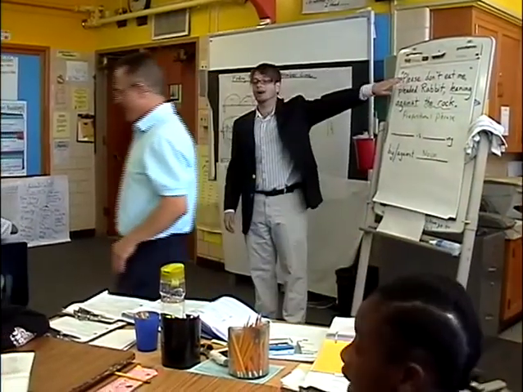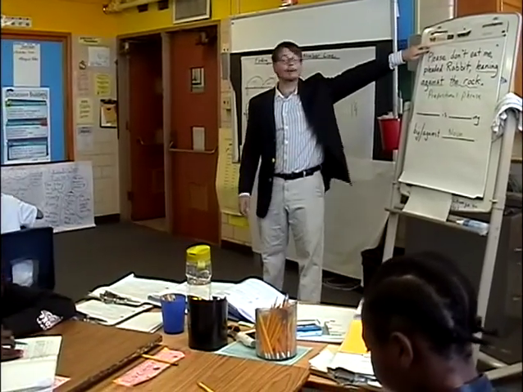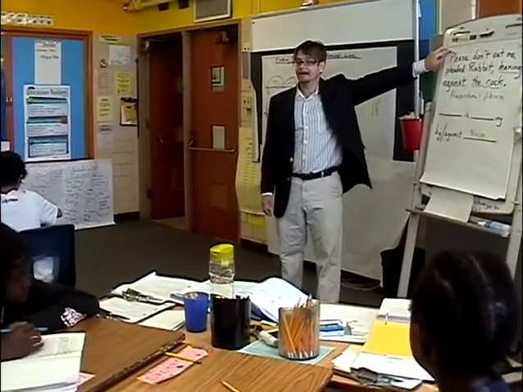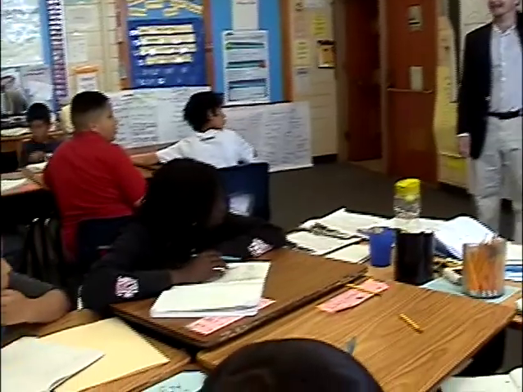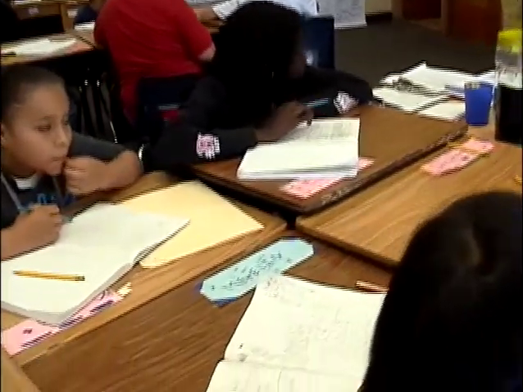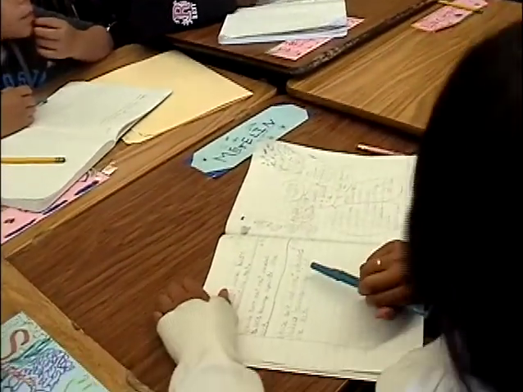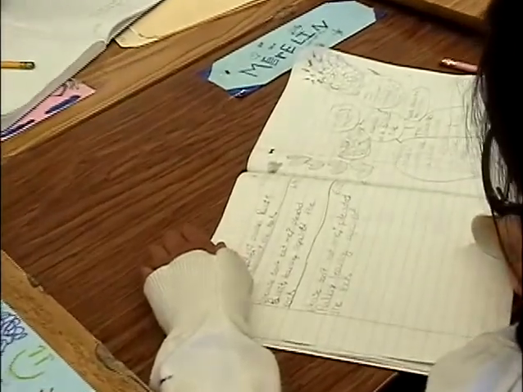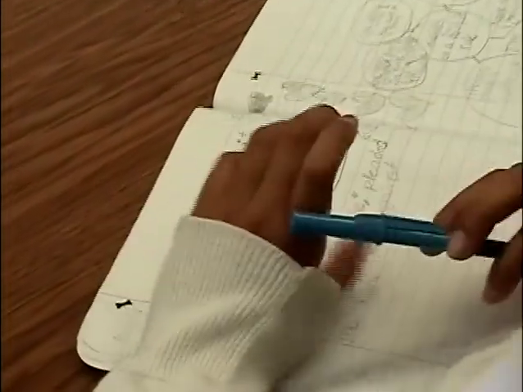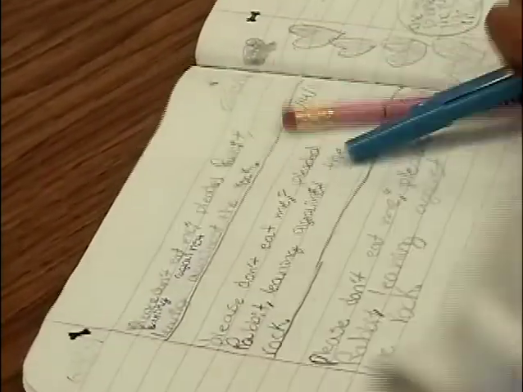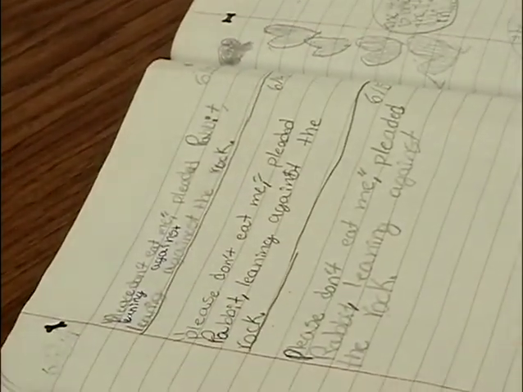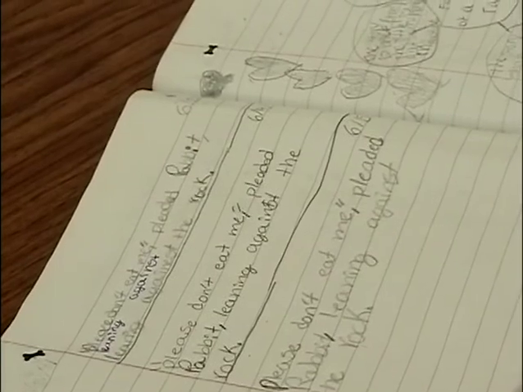Okay, I want you to go through word by word. The very first thing you wrote should be what? Quotation marks, before "please" even. Then we have "please," and what kind of P do we have? Capital P. We have "don't." Make sure you have the apostrophe in "don't." Look at this word by word as you correct. "Please don't eat me." And we need a comma and the other